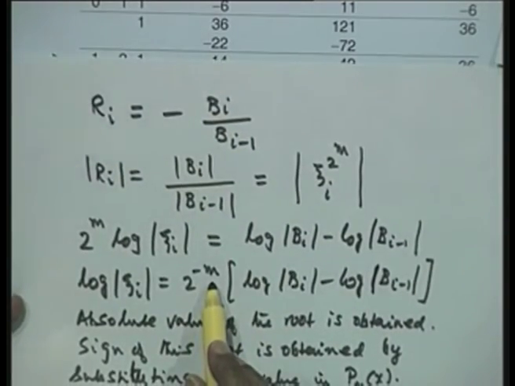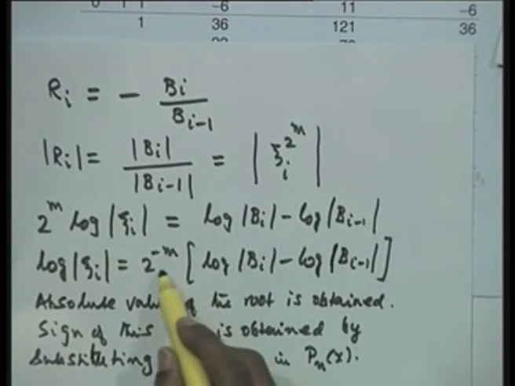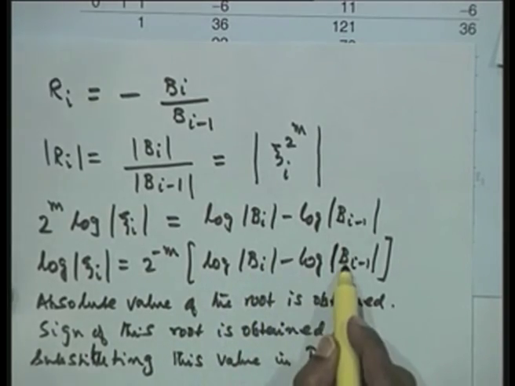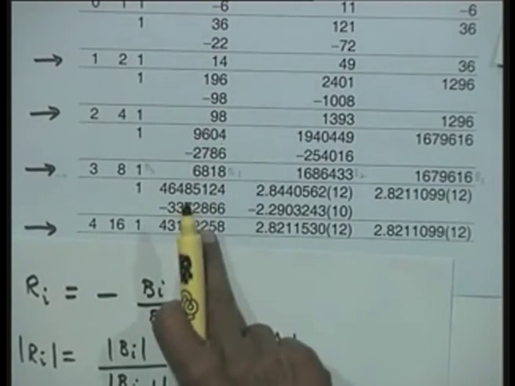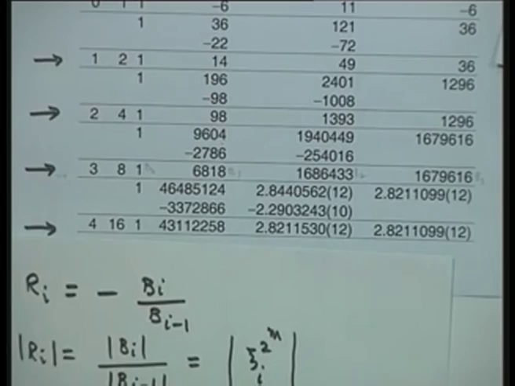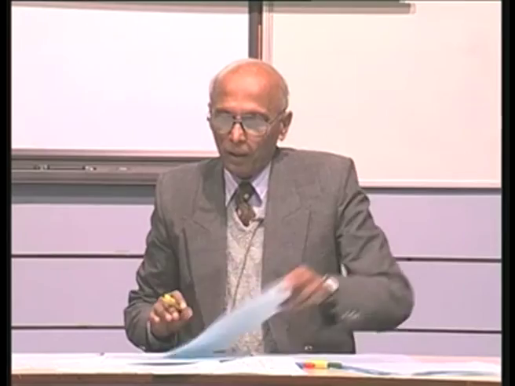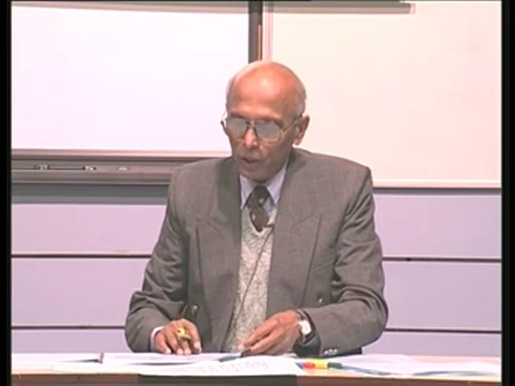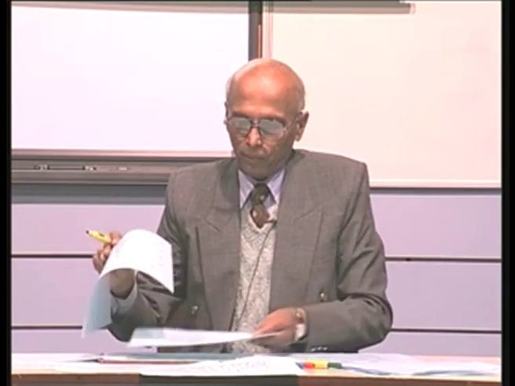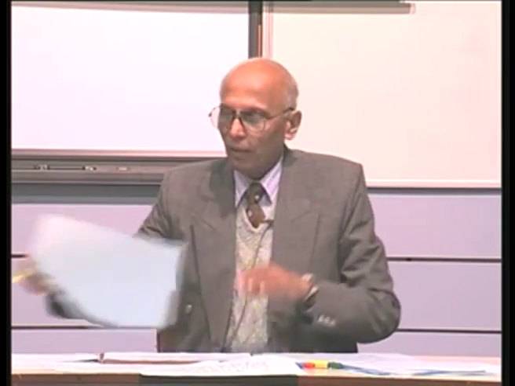depending on the number of squarings that we have done, here we have done 4 squarings. So I will have here 2 to the power of minus 4. Xi1 is log B1 minus log B0. So I will take the logarithm of this minus the logarithm of this, divided by 16, which will give me the logarithm of the absolute value of the first root. Just as an illustration, because it is very difficult for you to copy this, if I do that, what I am getting is this particular value in the table. So this is the final value that we have.